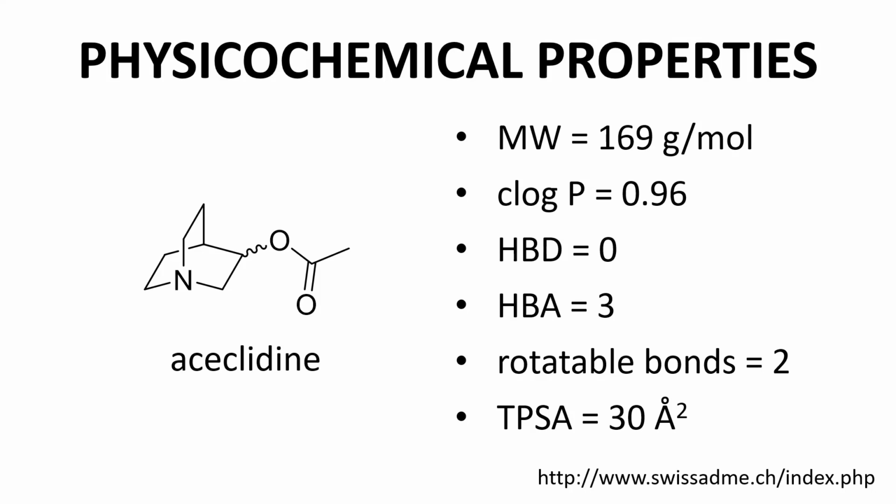Here are the physicochemical properties of aceclidine. Aceclidine is a small molecule drug. I'm accustomed to thinking about small molecule drugs as being orally administered, and oral drugs are often discussed according to a handful of properties that are linked to oral absorption. But of course, aceclidine is essentially a topical drug for the eye. Regardless, here are some of the standard property values for aceclidine.